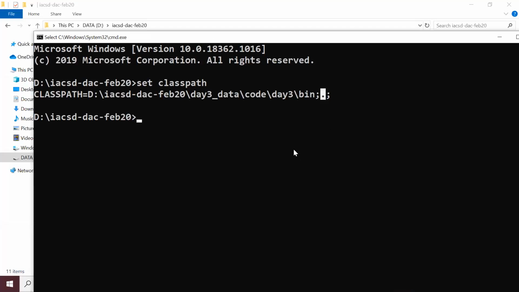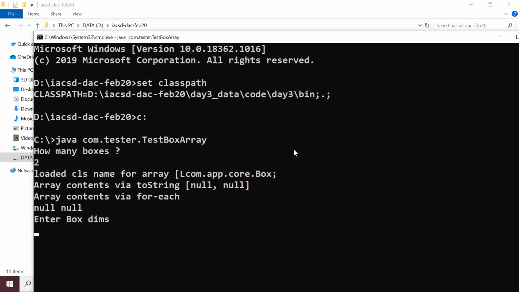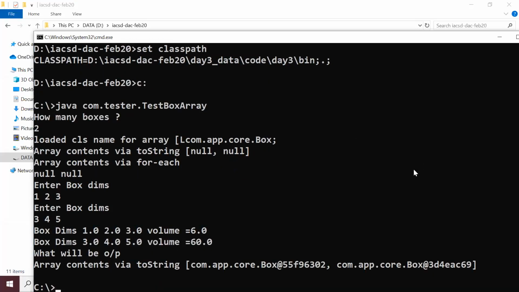Now we had already compiled, so you can go to any folder, home directory, C drive, D drive, wherever, and try to launch it. It was com.tester, I guess, dot TestBoxArray. Then you can run the code as it is, and you should be seeing the complete answer.